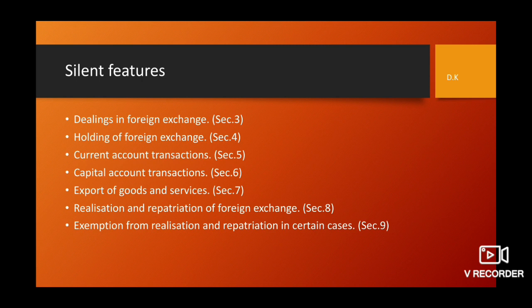Next is foreign exchange acquired from employment, business, trade or vacation services, honorarium, gifts, inheritance or any other legitimate means up to such limit as the Reserve Bank may specify. That means all need not be realized or repatriated to the Reserve Bank of India. Certain exemptions are given. And lastly, such other receipts of foreign exchange as the Reserve Bank may specify. From time to time, the Reserve Bank may give certain guidelines that this has to be realized or this has to be repatriated. So that may be exempted as per Section 9.